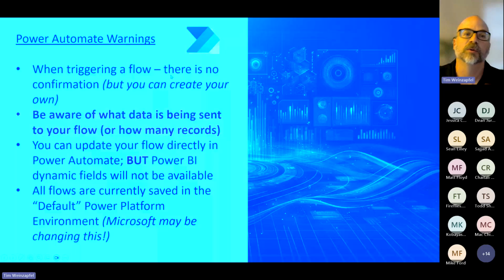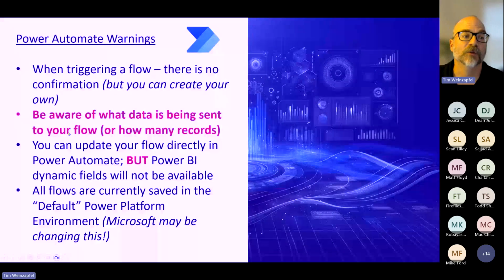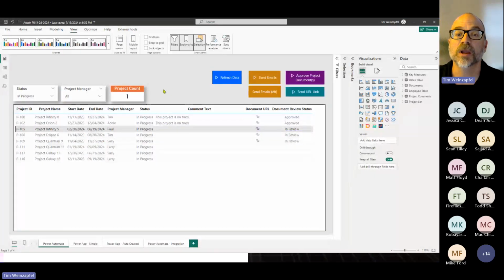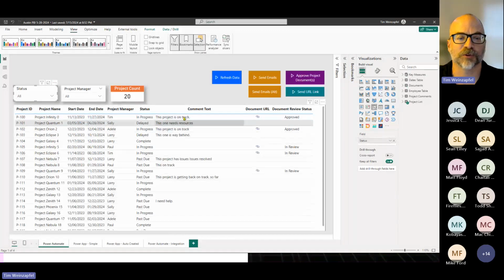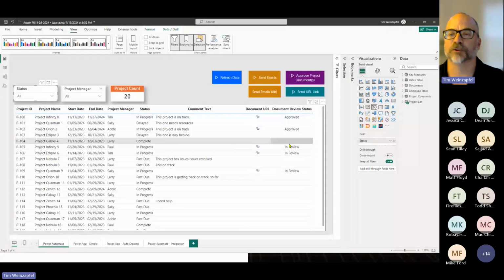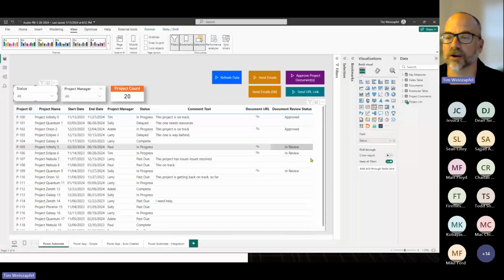When triggering a flow, there's no confirmation. This second one, again, always be careful. Here's a quick tip if you want to know what is being sent to your flow. Here's a quick example. I'm going to filter this, and I'm going to unfilter this. Let's say in my case, I think, oh, I want this table to only show